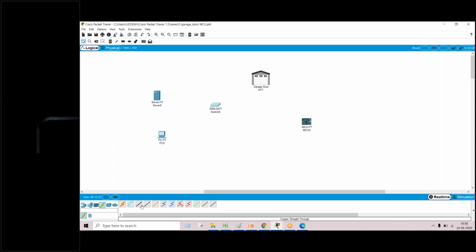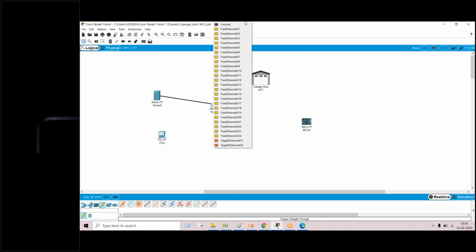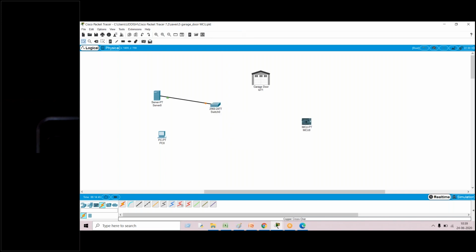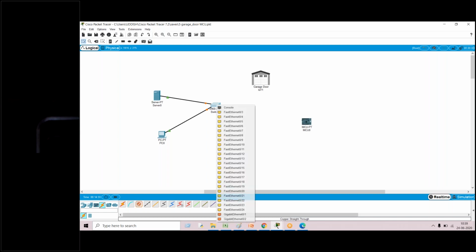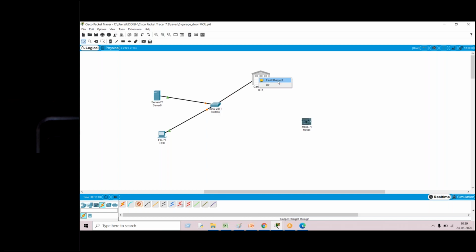In the connections part, go to cross straight-through cable. Connect server fast Ethernet to switch, any of the cable, whatever you are interested. Next, PC fast Ethernet to the switch with the same cable, and from switch to the garage door.